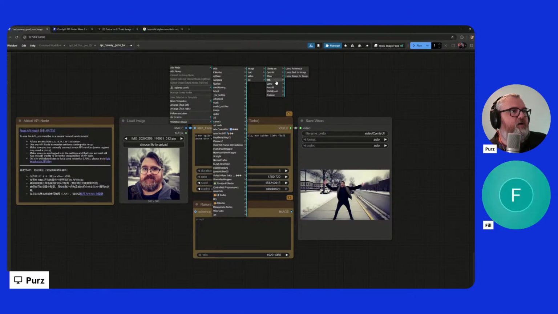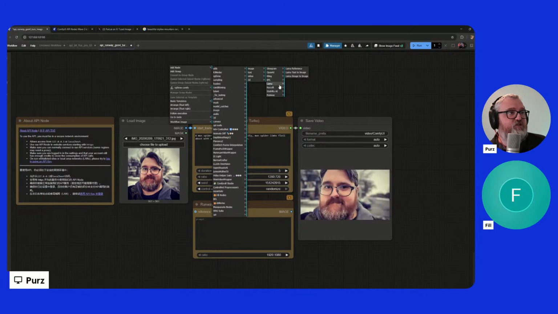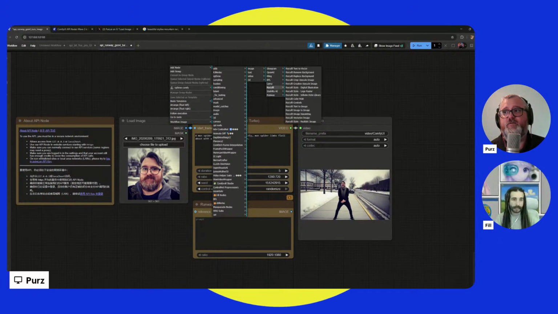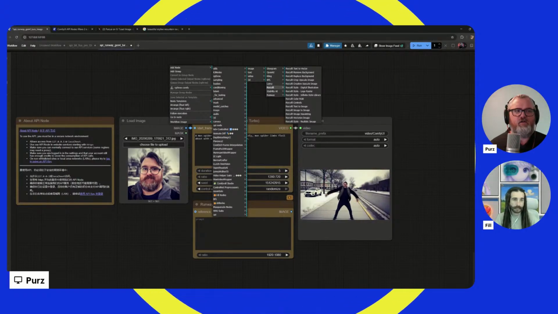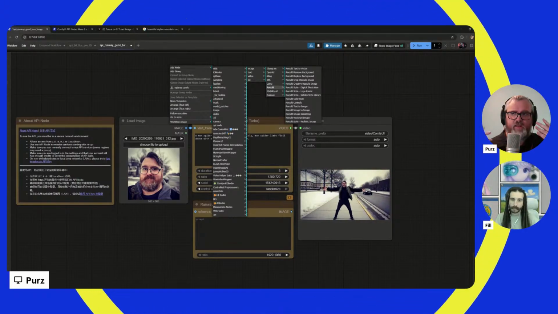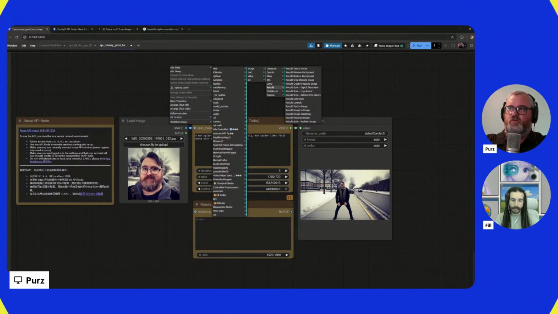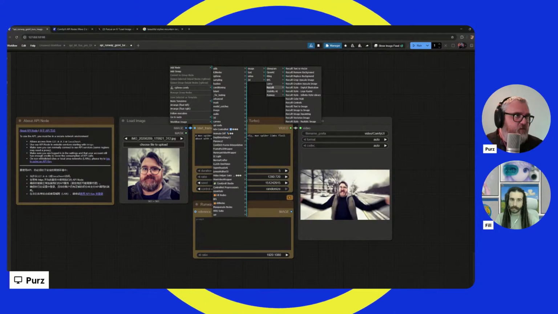Okay, what else we got? Yeah, Luma reference, Luma text to image, Luma image to image, Recraft. Oh man, there is a lot of Recraft nodes. I don't know if you guys have seen Recraft, but if you're a graphic designer, Recraft has all the tools that you need to do intricate edits. Recraft text to vector, Recraft remove background, replace background, crisp upscale, creative upscale,